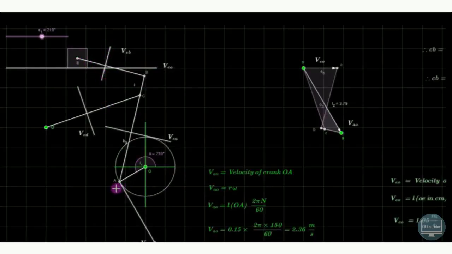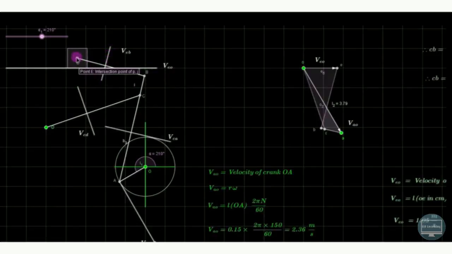particular link. Now here we have taken A with respect to O because O is the fixed point, but in case of AC, neither A is fixed nor C is fixed. So we can say that either velocity of C with respect to A or A with respect to C will be perpendicular to that particular link. Then C with respect to D, because D is the fixed point. Neither B is fixed nor E is fixed. So we can say either E with respect to B or B with respect to A,